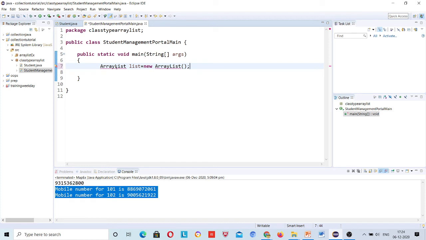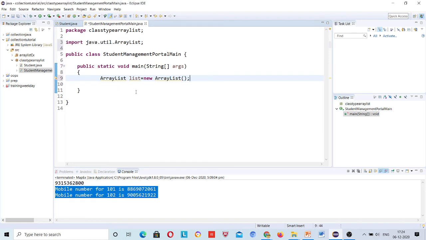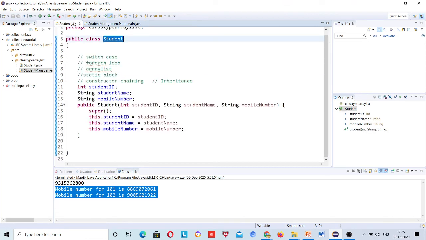Import this, right? Now see, what type of array list do you want to maintain? What do you want to add? Primitives like 101 and mobile number? No. Now you want to add students. So simply this is a student class. You have to declare your array list of type what?